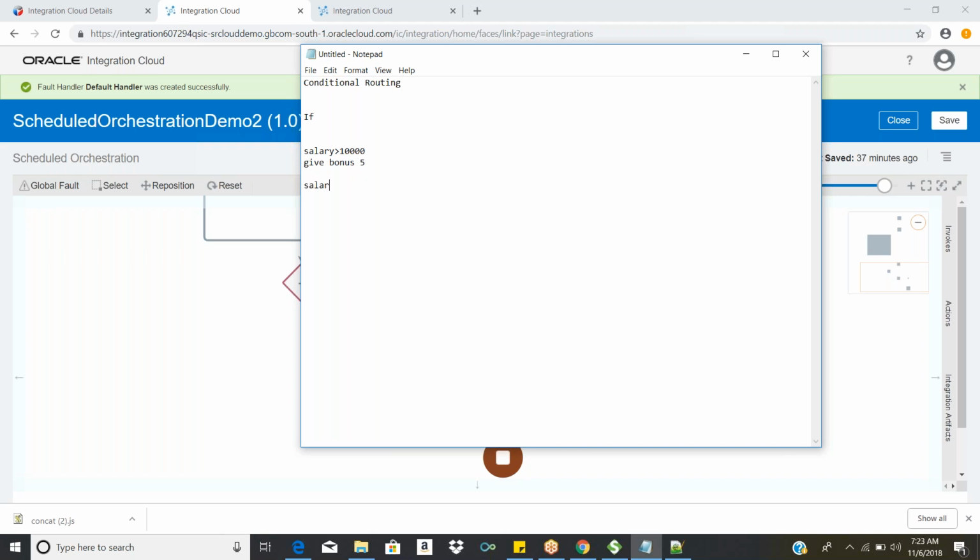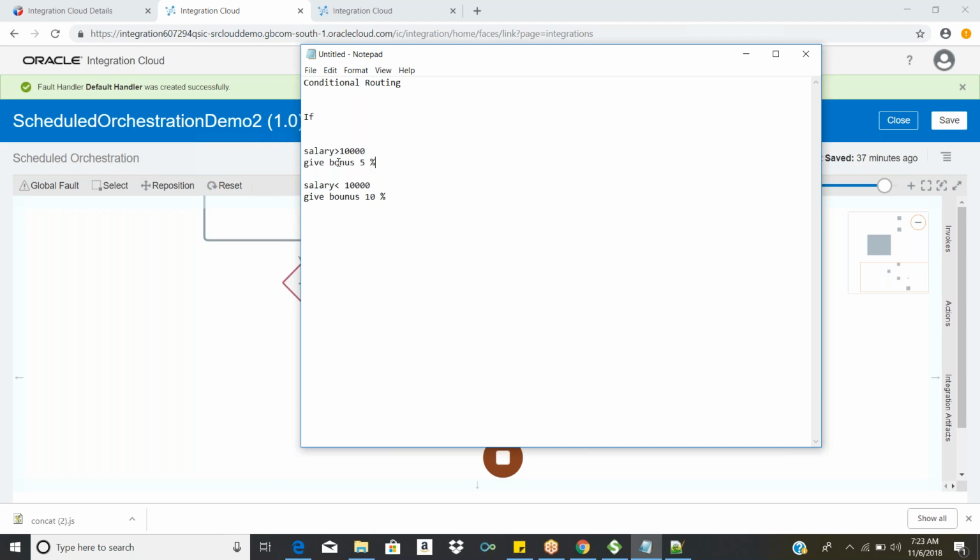If the salary is less than 5,000, then give a bonus of 10%. Maybe you can configure this in a different way. If any employee's salary is greater than 10,000, I'm performing one action, which is give bonus 5%. If it is less than that, then give bonus 10%.